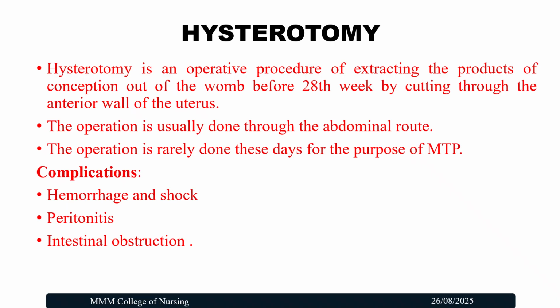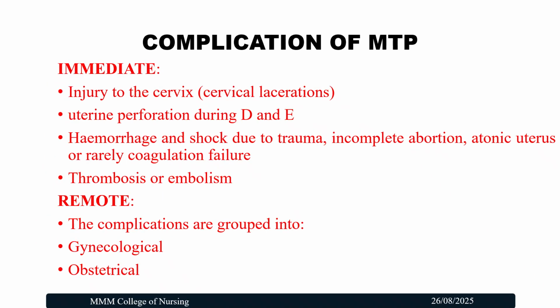After this procedure, some complications can be seen, like hemorrhage and shock, peritonitis, and intestinal obstruction. There are also other complications, immediate and remote. The immediate one is injury to the cervix. A cervical laceration can happen, and uterine perforation during the D and C, and hemorrhage and shock due to trauma, and incomplete abortion, and atonic uterus, or rarely coagulation failure, and thrombosis or embolism sometimes happen in the